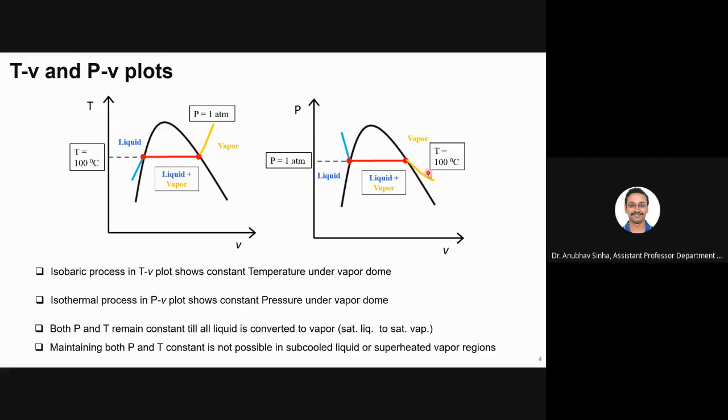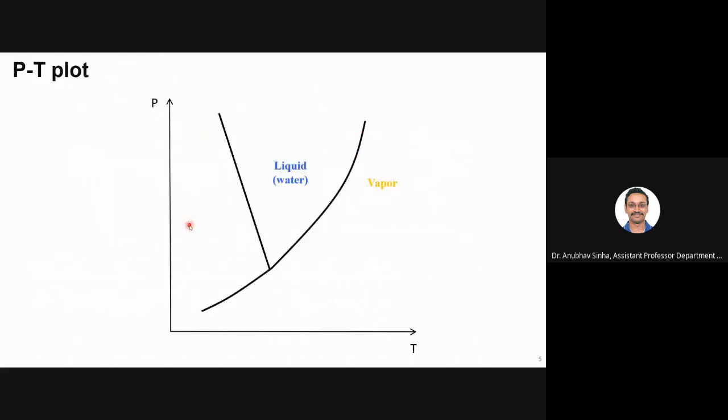Similarly here, this is an isotherm. If I maintain the temperature at 100 degrees Celsius and go to the superheated region, then pressure starts decreasing, right? Pressure decreasing, volume is increasing. Or if I go to the subcooled region, then pressure is increasing. So the boiling point will be higher if you go to higher pressure, for example in your pressure cooker, what we have seen. Okay, so the bottom line is that for maintaining both pressure and temperature constant, we have to be under the vapor dome. For a single phase, it will not happen. Or we can look at this more clearly in the PT plot.